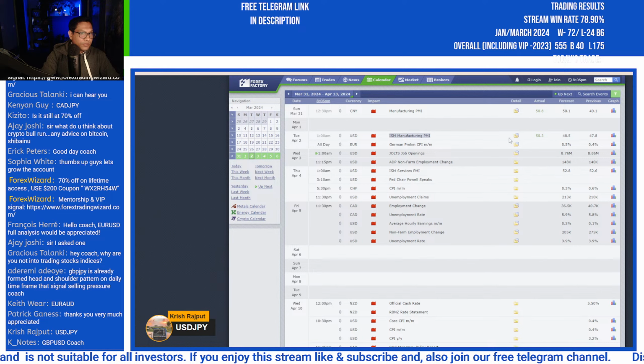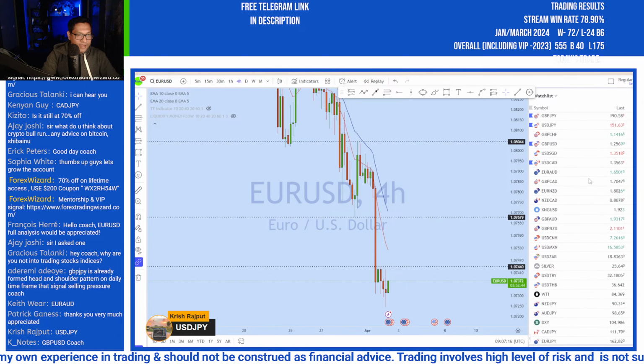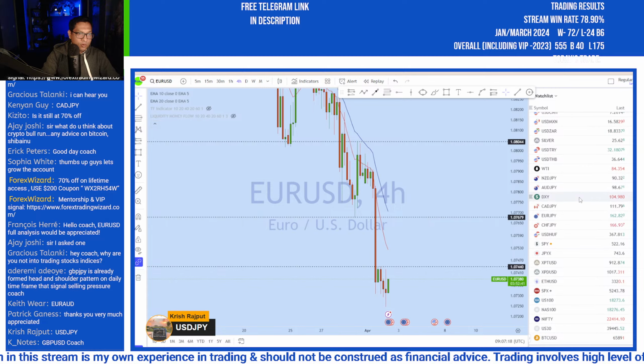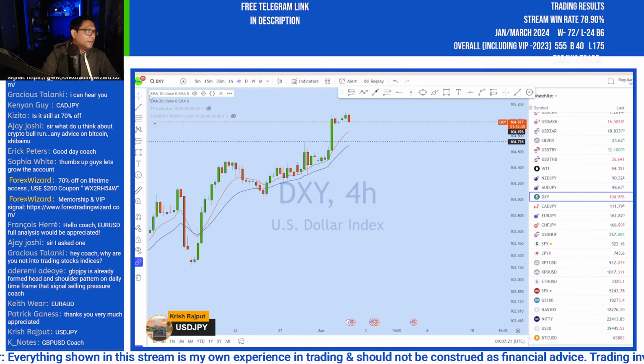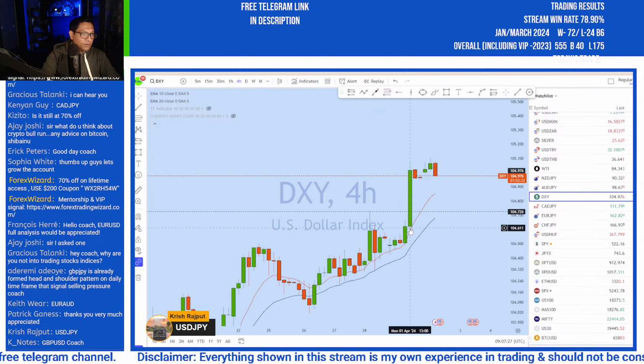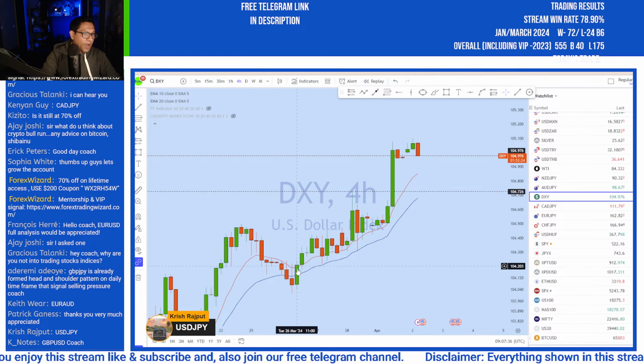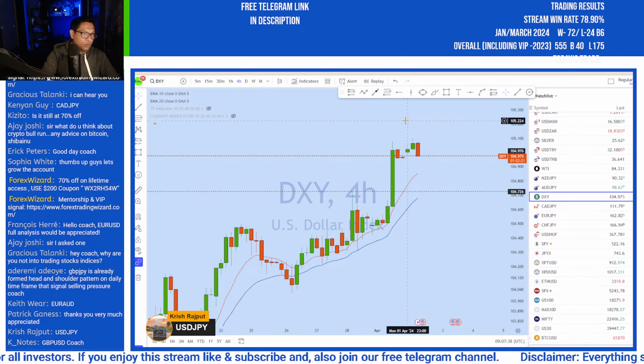That ISM service PMI data came out at 50.3, where 48.5 was forecast. So once the data has come out, what do you see? How DXY reacted before and after. Then let's find out how you can use that information. You can see that DXY, once this candle has formed, when did it form? When the data came out, the market was already trending aggressively to the upside.